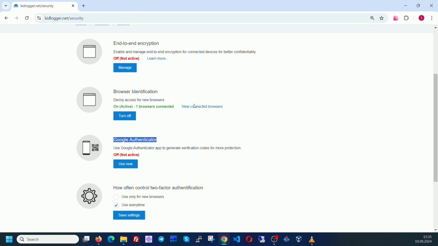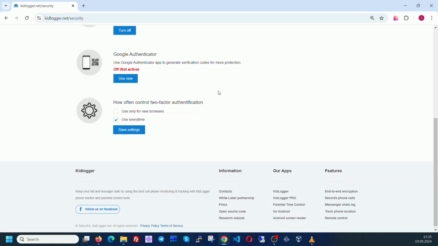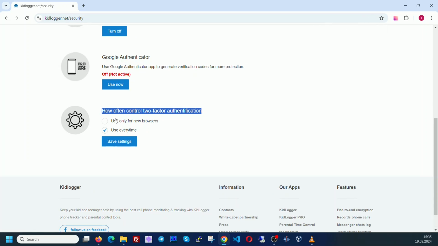Another option. How often to use two-factor authentication? Only for new browsers or for all browsers? If we choose for all browsers, then, in any case, even on this browser, we will need to use Google Authenticator. If we choose only for new browsers, then two-factor authentication will not be required on the current browser, but only on all other browsers.